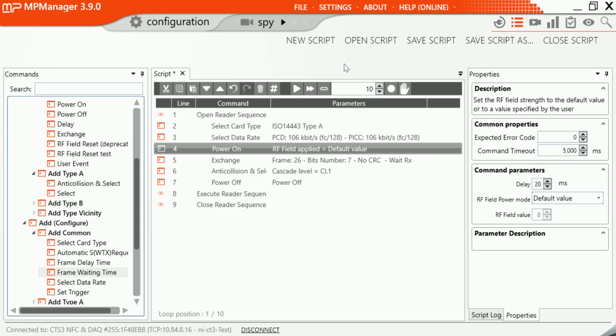Now that we know how to create and use a reader sequence, let's go a little bit further in depth to add onto the protocol and also add some configuration steps that will allow us to further define the exact timing at which the sequence must execute. Now remember, a reader sequencer is a real-time operation, which means we are defining the sequence and setting it to the CTS3 for it to execute autonomously in real time without waiting for communications back and forth from the PC